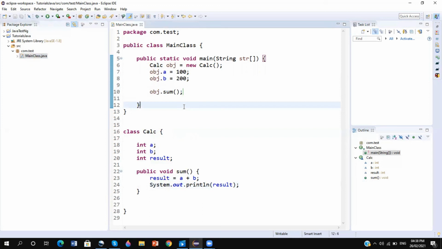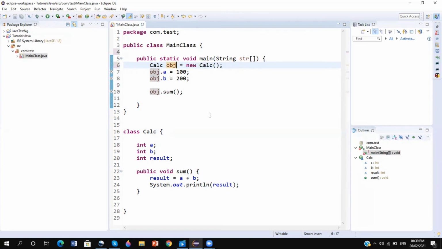Okay, so now let me recall those things. What is a class? Class is just a blueprint of an object. It cannot do anything without an object. So we can create a class where we can put some states and behavior, meaning a class can do something and also it has some characteristics. Now how do we create the object of a class? We create the object of a class with the help of the new keyword. The new keyword is responsible for creating the object of a class. Here I am just creating a reference variable of the class. On the right side, in this code, I am creating the object of the class.